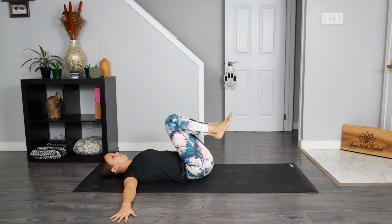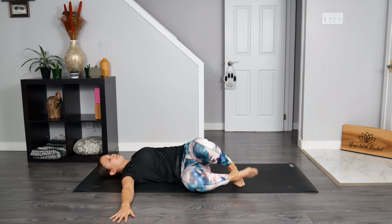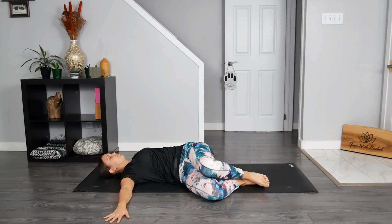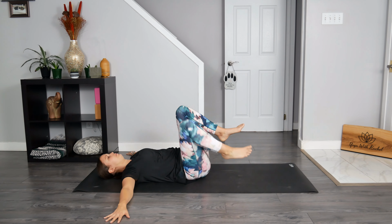Connect to your center as you slowly melt your knees over to the right side. Guide your left shoulder blade down so that way it connects with the earth. Or at least that is the intention. We are working to create some space across the entire chest, especially the pecs. Breathe here. Beautiful. Press your palms down into the earth as you slowly lift your knees back to center, and then slowly